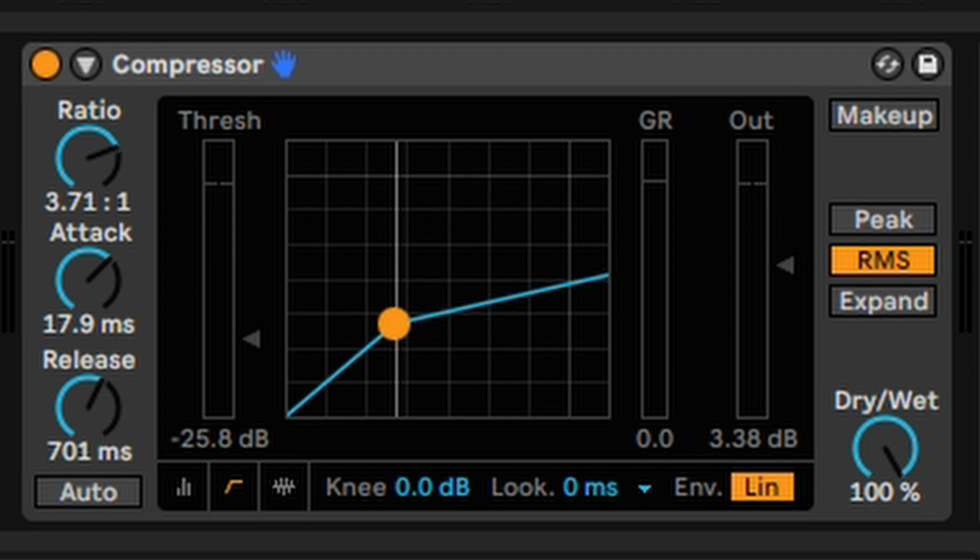Now let's explain the transfer curve view in a bit more detail. This is the more traditional style of compressor interface. Here you can see the ratio visualized by this blue line. It's also easier to explain what the numbers under the ratio knob actually mean in this view as well. Right now it's set to